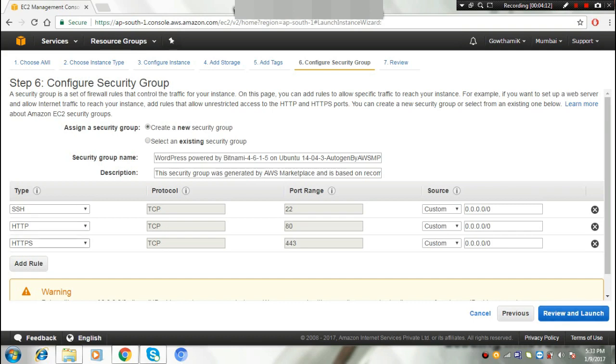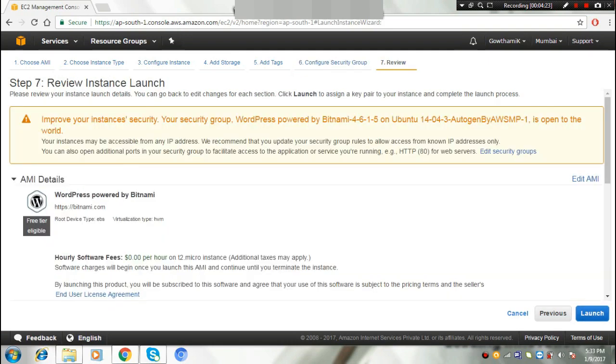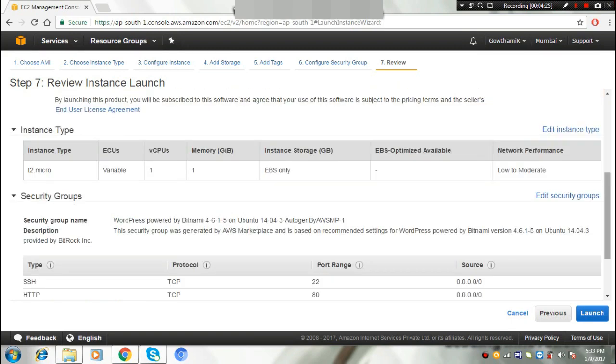Leave the protocol and port range as they are. You can check there is SSH, HTTP and HTTPS. Check and launch next.